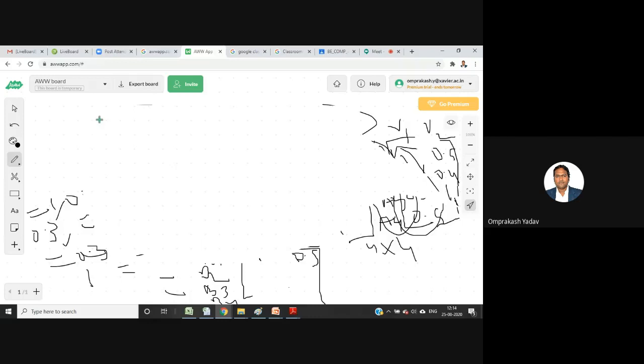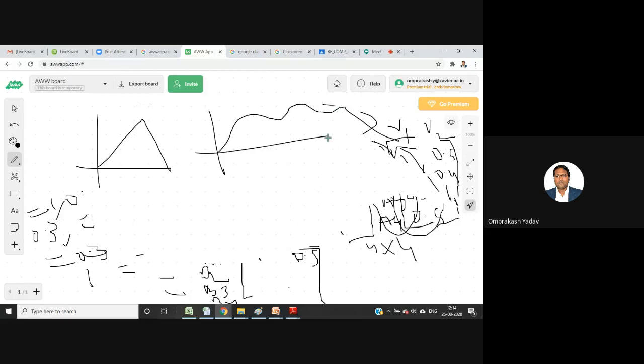So if I say dip, first of all, just see, this is a convex because there is only one peak. But if I draw like this, there is no single peak. This is one peak, second peak, third peak. So there is a dip and up, right? This is the dip I'm talking about. So for convex, there has to be only one peak. For example, if we consider this trapezoidal, there is only one peak. There is no dip. Clear?